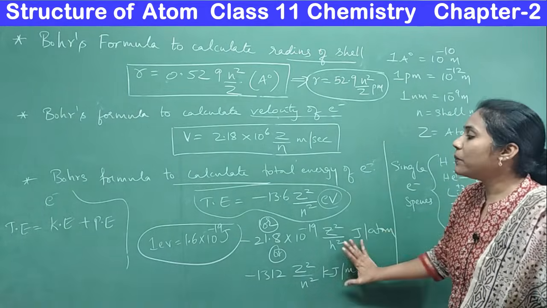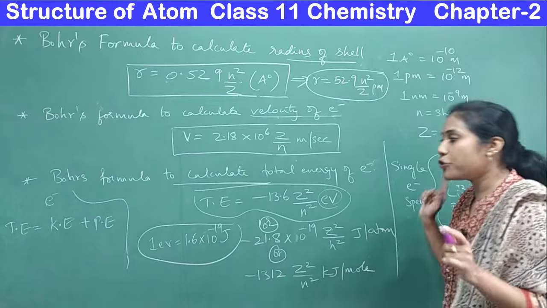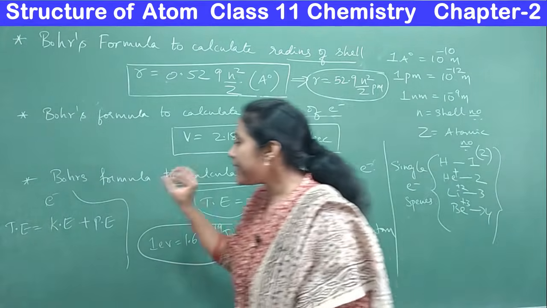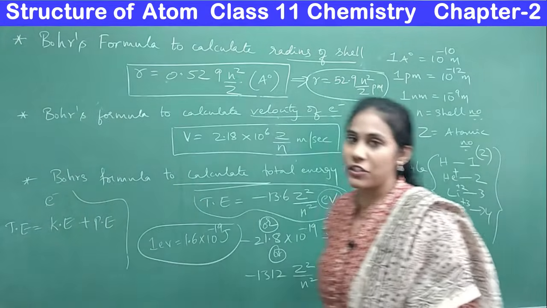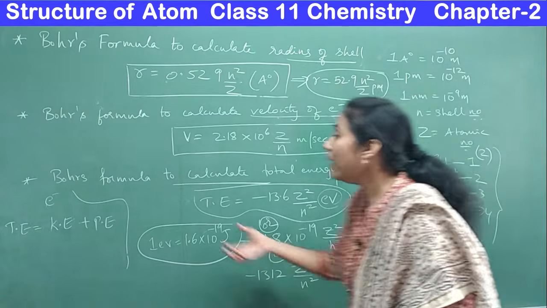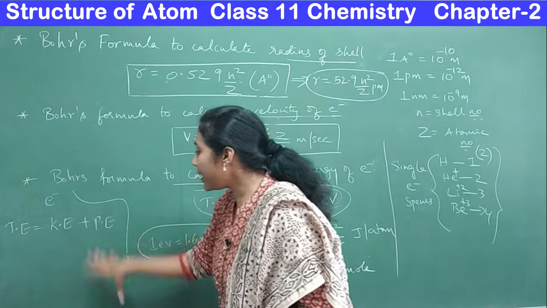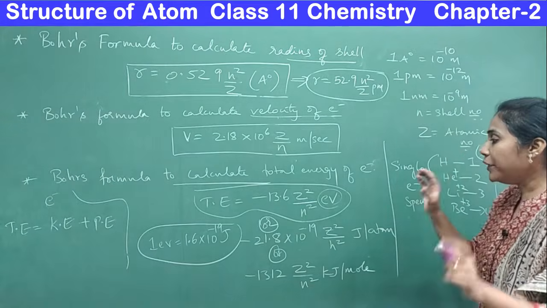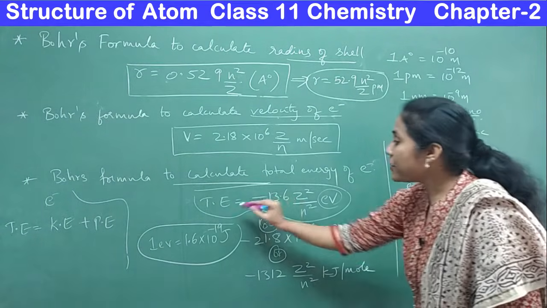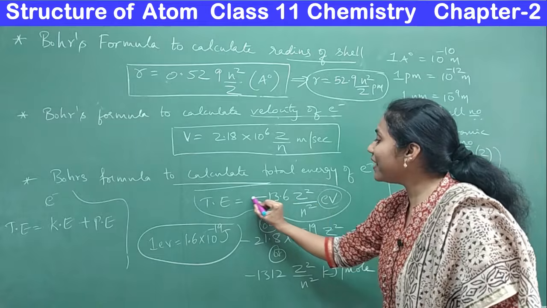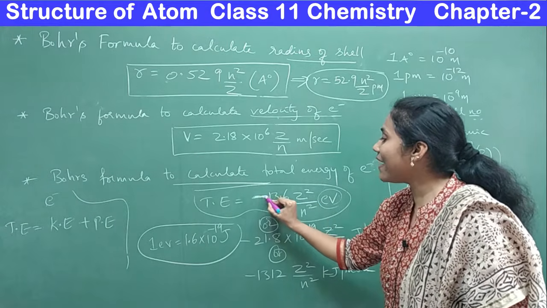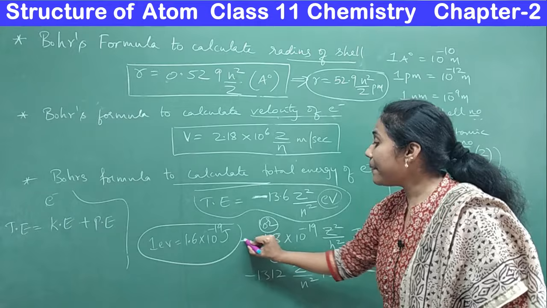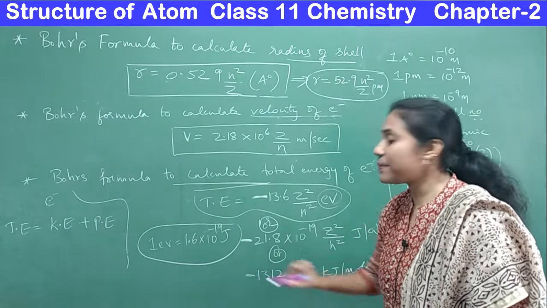These formulas are very, very important. And also remember, total energy means it is the sum of kinetic energy and potential energy. We put the formulas of these two, derived, and got this simple one to calculate total energy. And you observe one thing, the energy is negative here. The formula has a negative sign, and there is an importance behind this negative sign, guys.